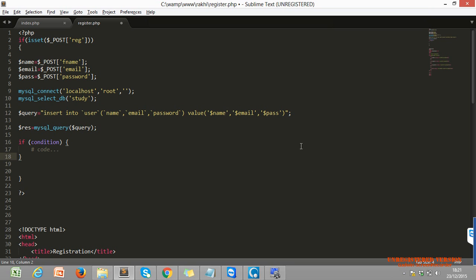Within this if condition, we directly pass our res variable. If it is one, which stands for true, it will execute the if condition.